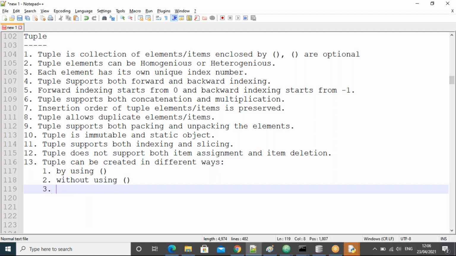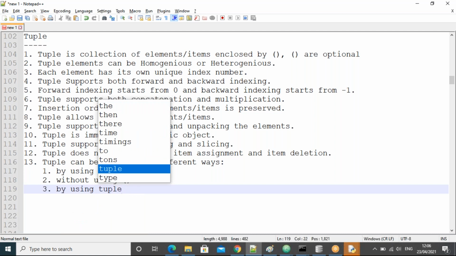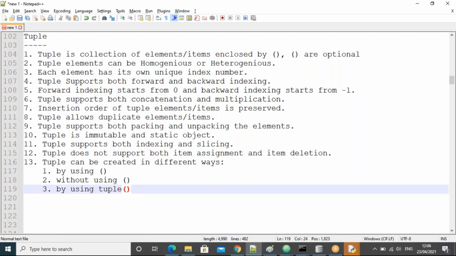The third one is by using the tuple function, guys. The first one, by using parentheses we can create the tuple. The second one, without using parentheses also possible, because here they're optional, right? They're optional, guys.